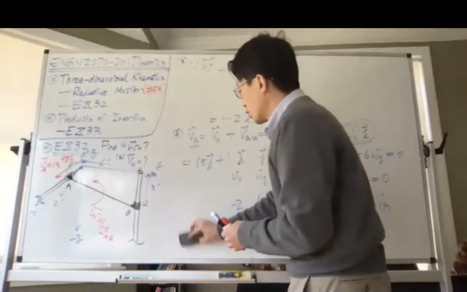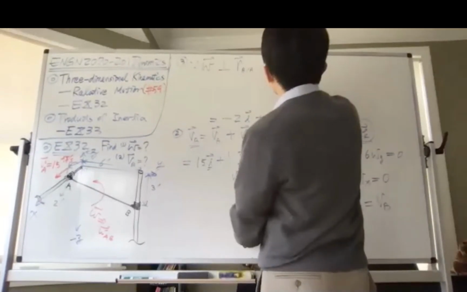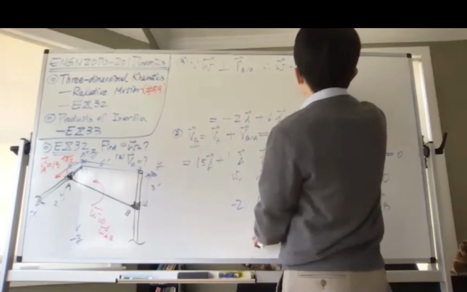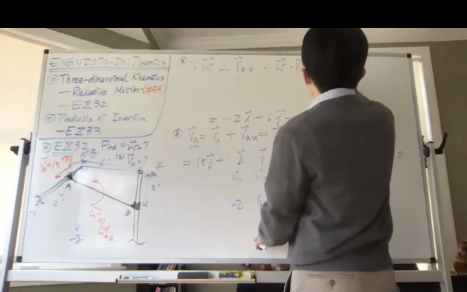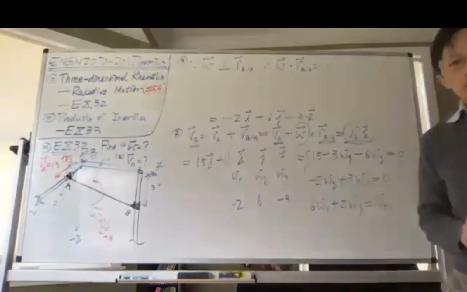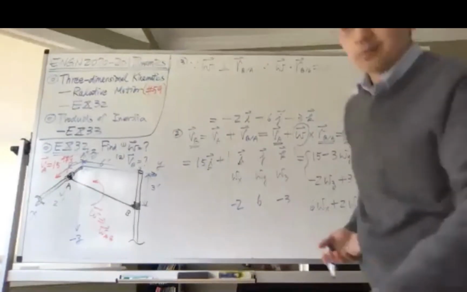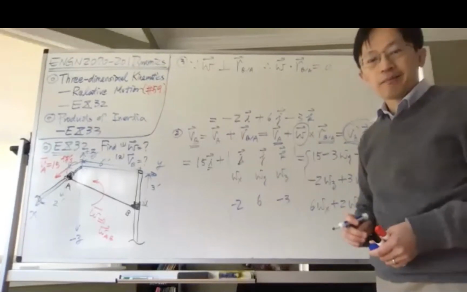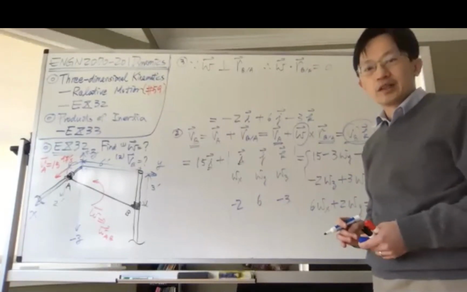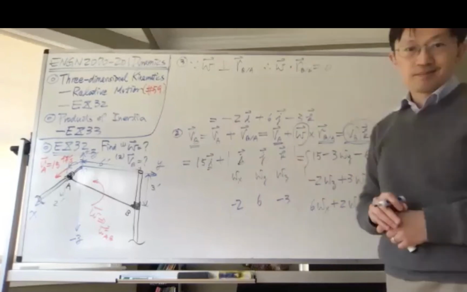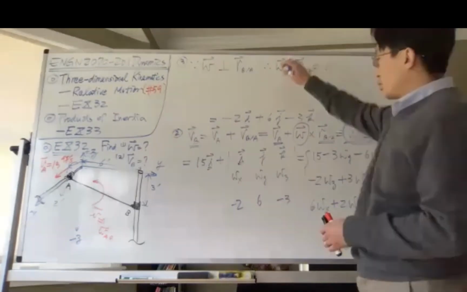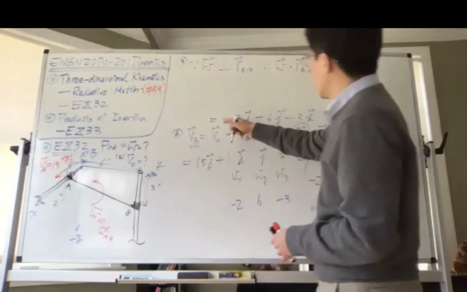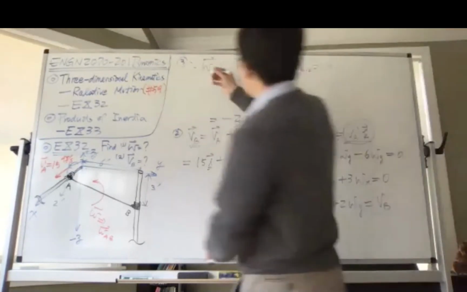Now, if this is true, mathematically, I can say that omega dot RBA must be 0. The dot product must be 0, as we know. That's the condition for the perpendicular relationship between 2 vectors. Right? Now, if you do that, which means that you have the vector, and this is the omega, this is the RBA. This one, you just dot this one with